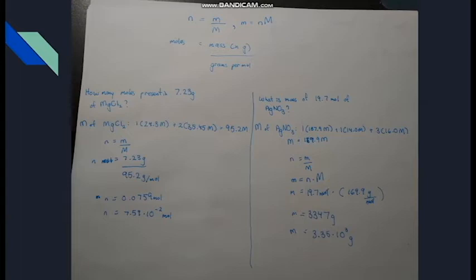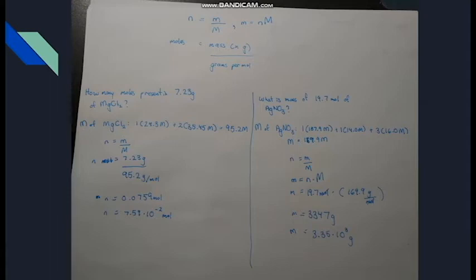So the molar mass of magnesium chloride is what we need to find first. To get this, we take the molar mass of magnesium multiplied by 1 because there's only one atom of magnesium, and then take the molar mass of chlorine multiplied by 2 because it's two atoms of chlorine, and we get 95.2 grams per mole. So n is equal to m over big M, which is going to be 7.23 grams